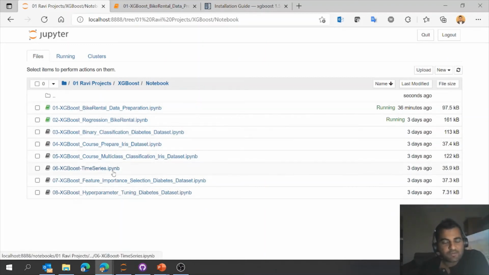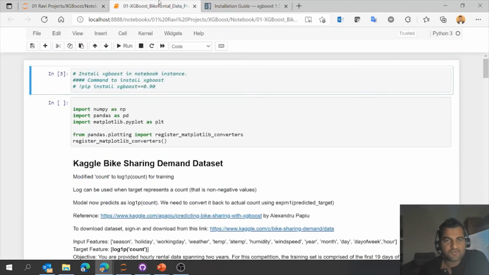So these are a couple of Jupyter notebooks we'll go through in the next video, one by one. But today we'll quickly look into the first one. If I click this one, you can see that, to start with, today,